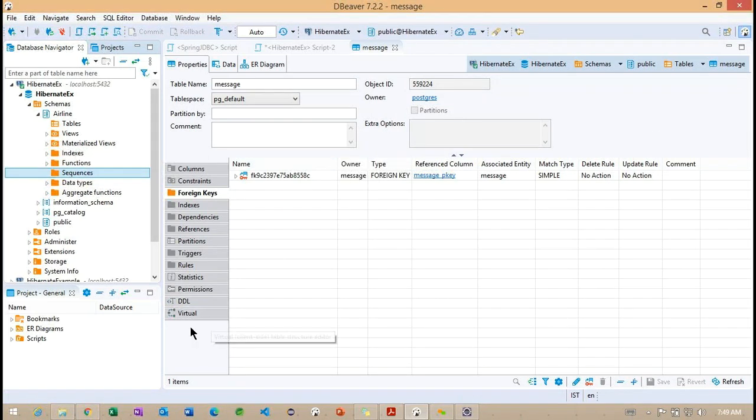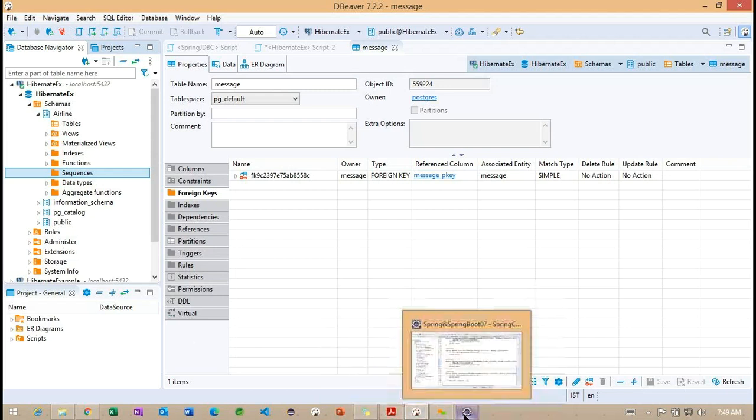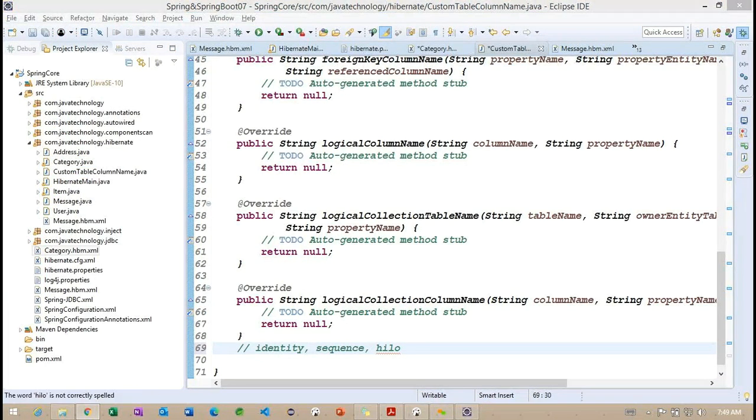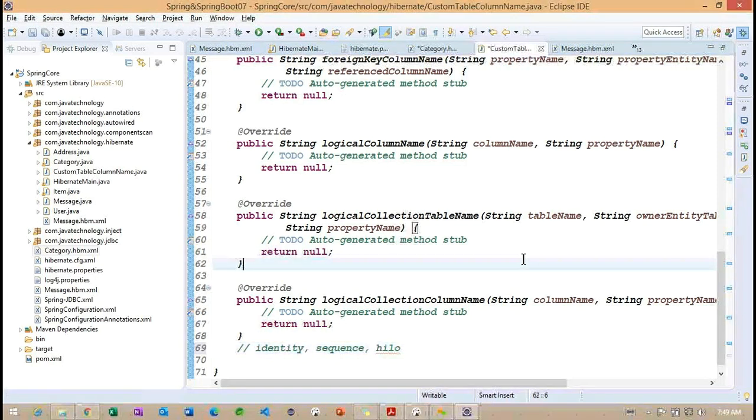So these are about before loading this particular browser, we'll try to check with another one, Hilo. So how exactly is this particular Hilo going to work? Basically, this Hilo is database independent, which is going to work with any database here. Getting the point? So this Hilo generator is going to work with any database.